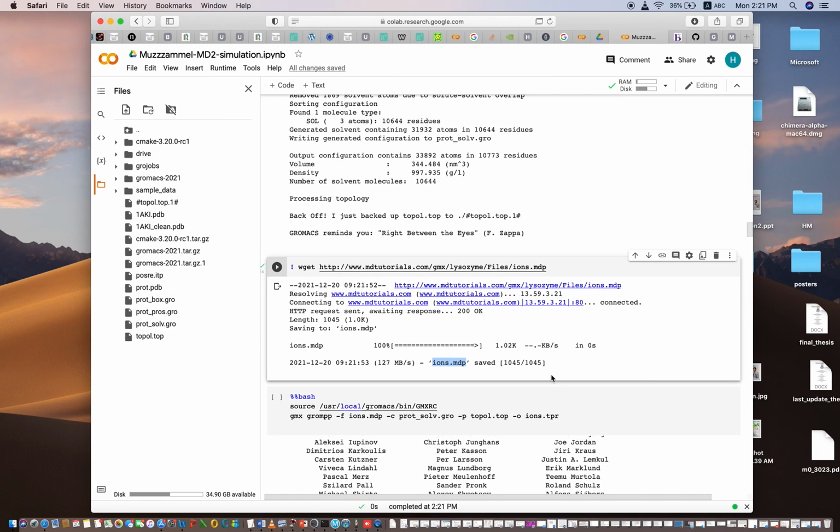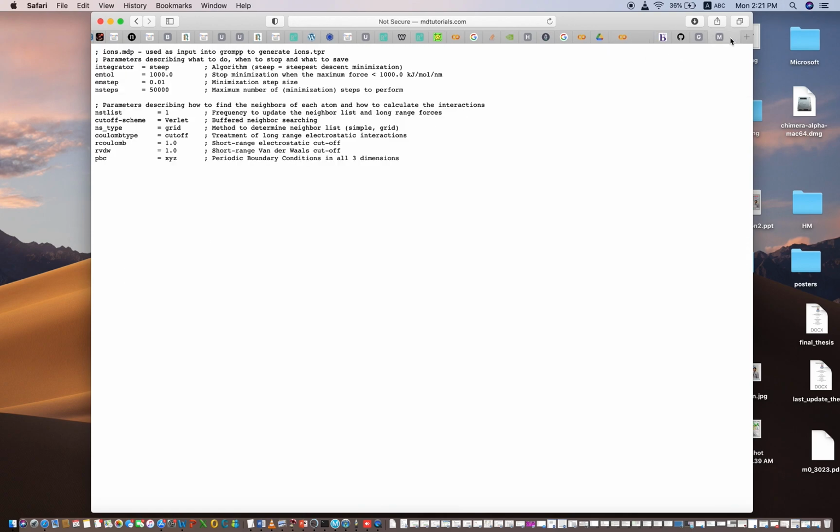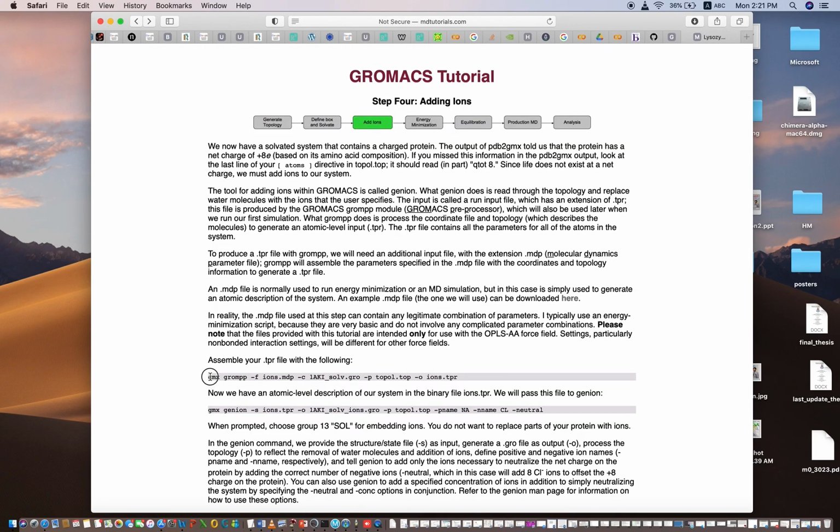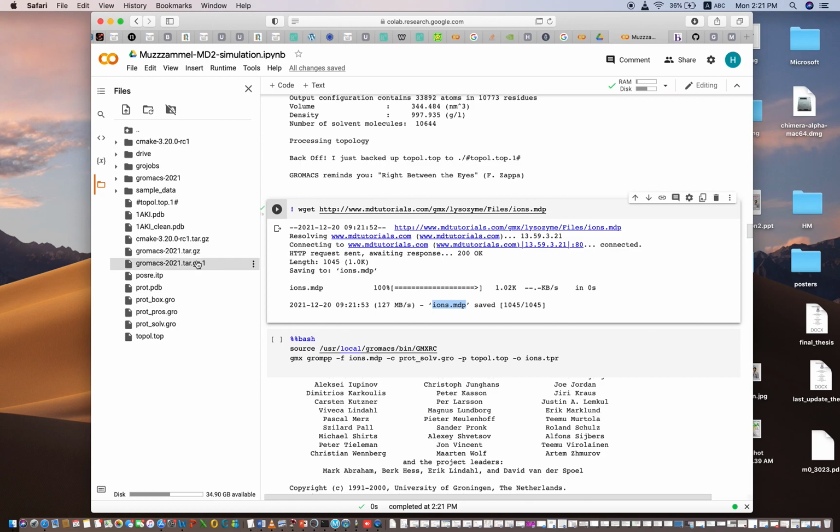Now I can use this command for ionization. We must have the input file ines.mdp, so before this you will have to download it, or you can give the address and directly save it